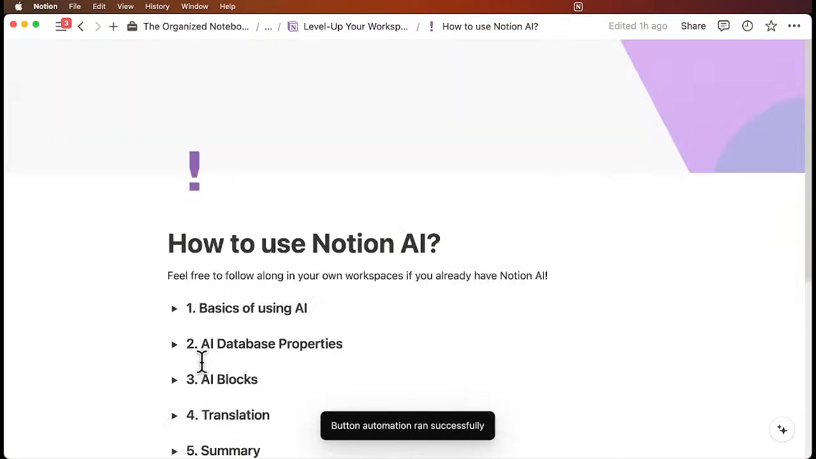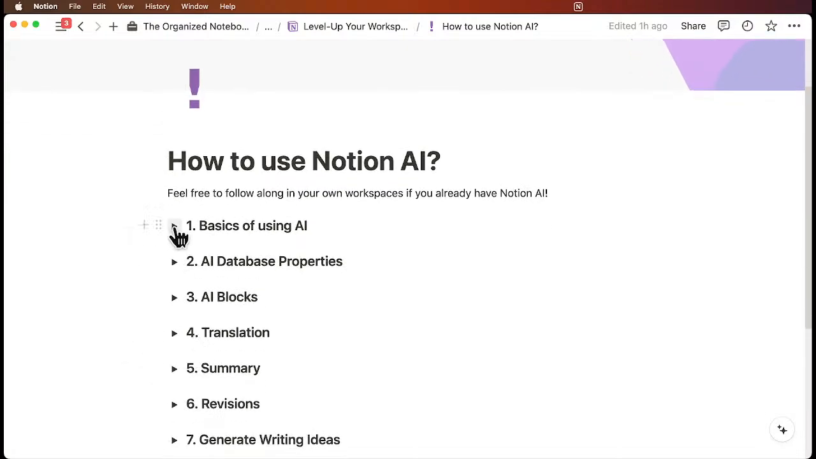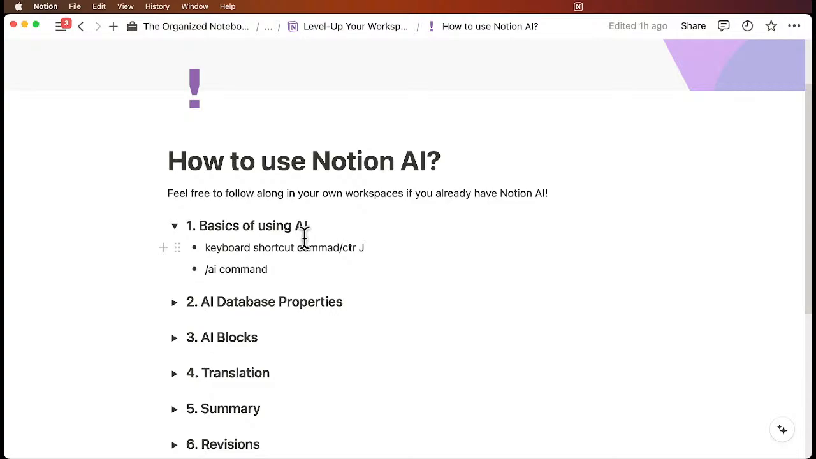So next, let's go over how to use Notion AI, and feel free to follow along in your own workspaces if you already have Notion AI. The first thing to know is the basics of using AI in Notion, and that is to remember that the keyboard shortcut is Command or Control plus J. So if we type Command, Control, J,